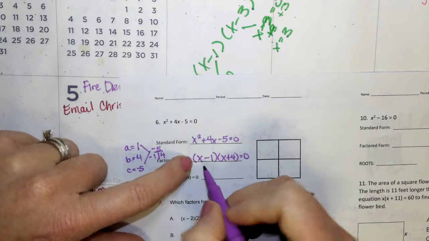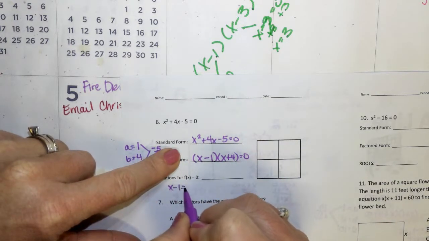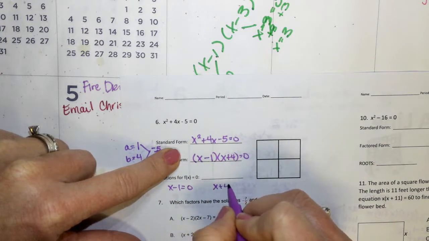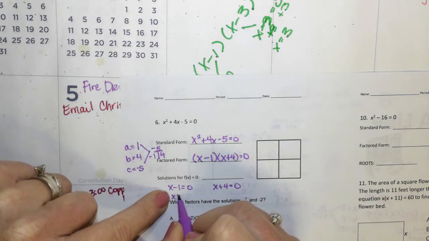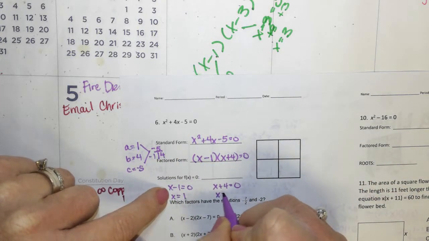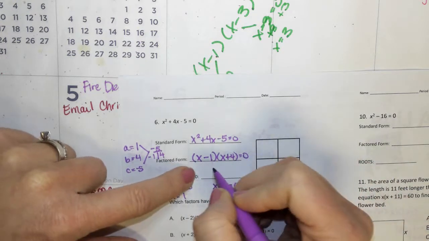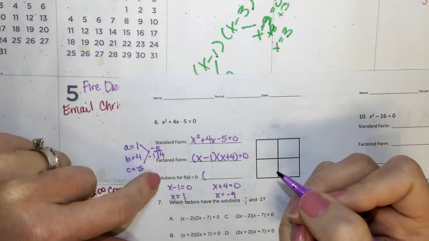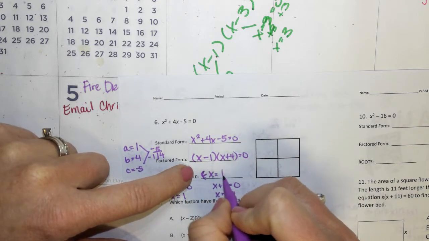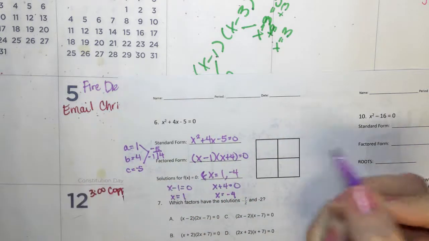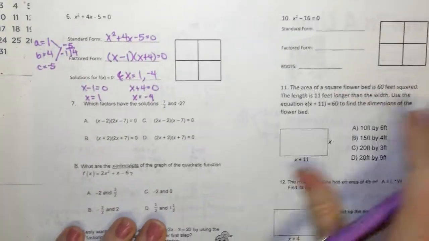And then whenever I set each one of these factors equal to 0, I would get that x equals 1 and x equals negative 4. So this time, I'll just put that x equals 1 and negative 4. Okay,